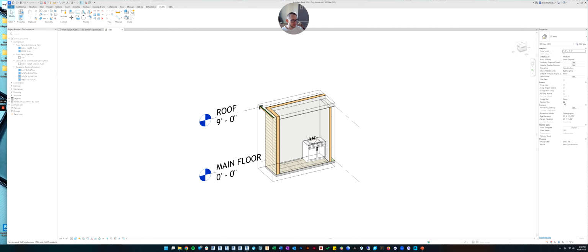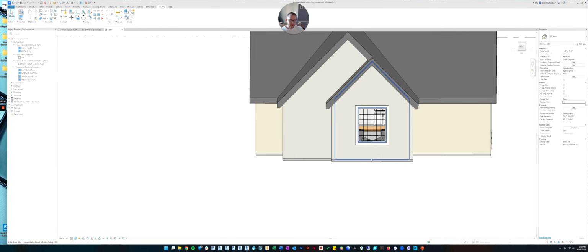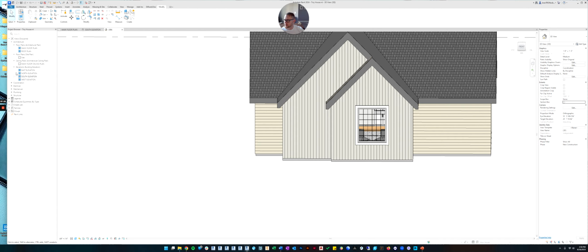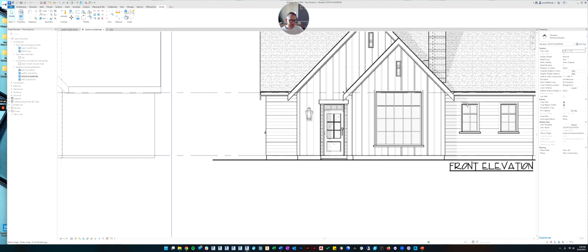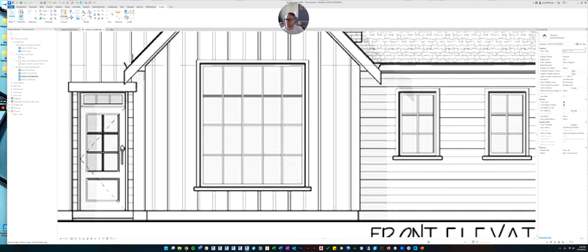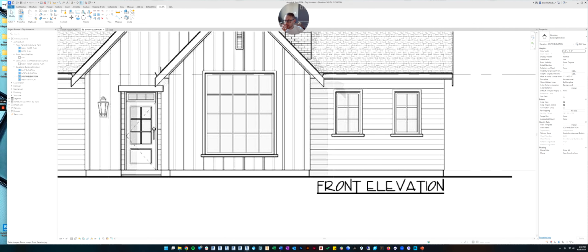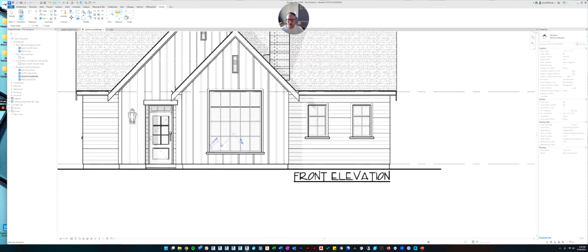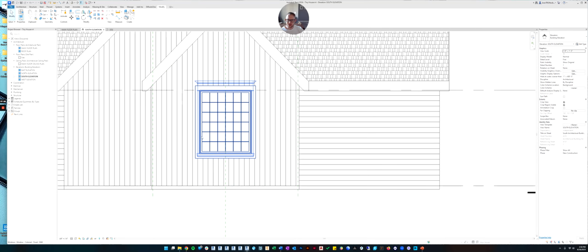Okay, so we're in our 3D view and we need to uncrop it. Oh, so that's looking pretty good. Let's look at the south elevation. So this window, let's take a guess. Let's use the measure tool. So it looks like it's about 6.5, let's say 6.5 wide by 6.5 tall. And it looks like it's only 2 feet off the ground, or maybe 1. So it's 1.5 feet off the ground. So 6 feet wide, 6 feet tall, 1 foot off the ground.